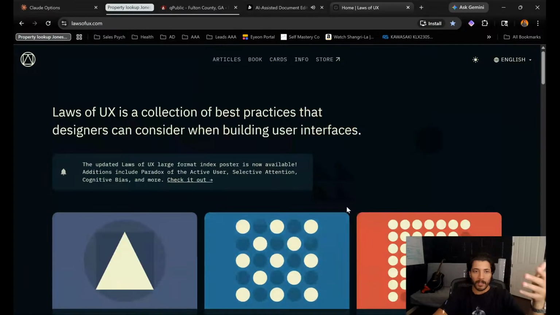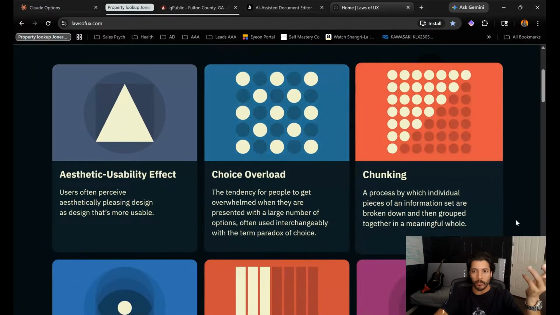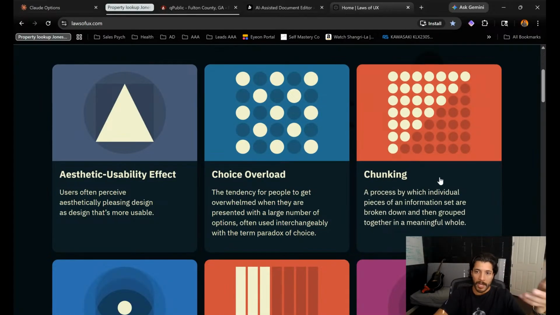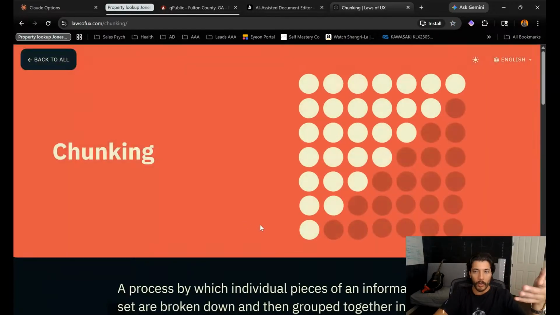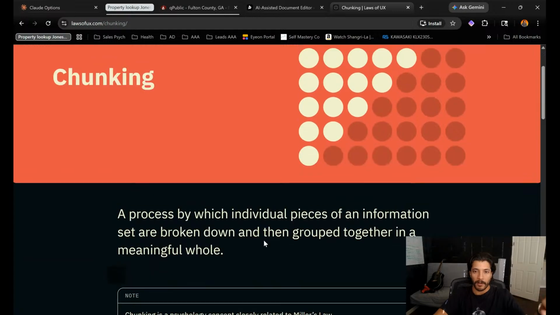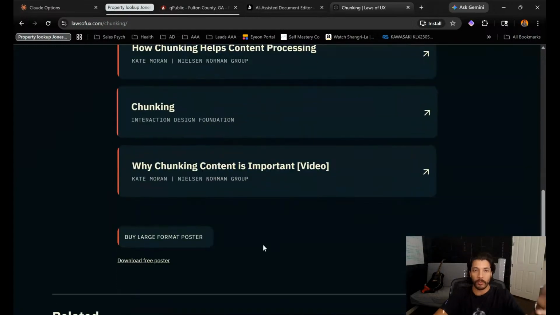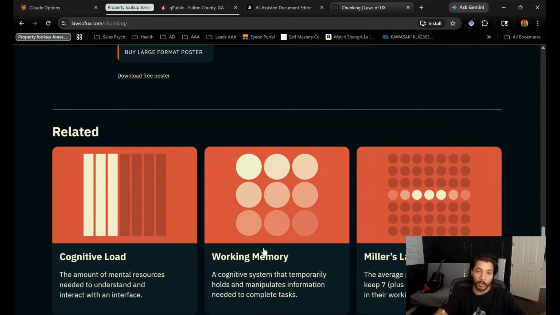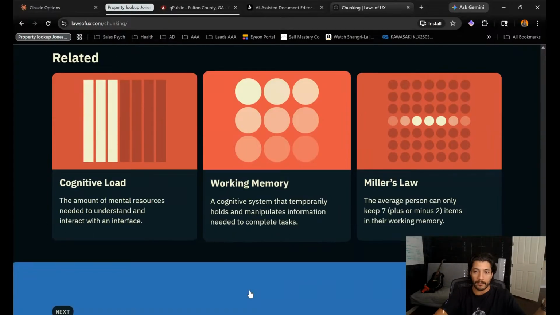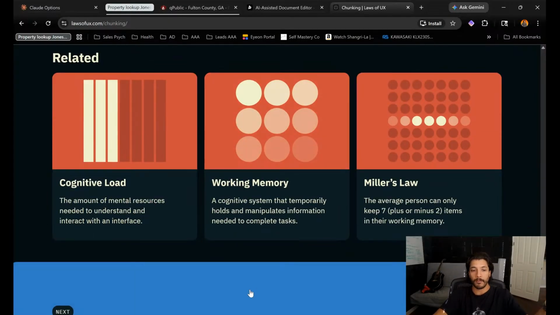And these are laws of UX, but they're also laws of human perception, I guess you could call them, fundamentally. As you read through this, it shows you the laws and then describes each a little bit more with a couple more examples, right? A very simple way to look at and learn things that have to do with UX in this case, but human psychology as a whole. And it's super interesting stuff if you like behavioral psychology or behavioral sciences.